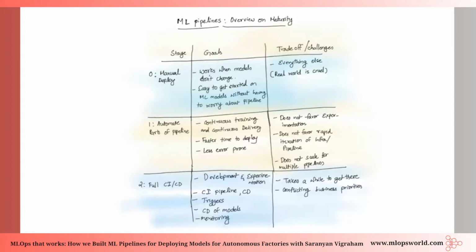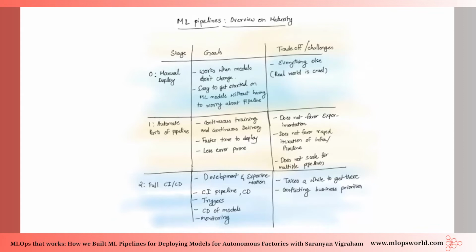Things will work, you know you have the right engineer to do the right thing, and all of this will be okay. The goal there is just a beginning. It's where everybody starts before they figure out what pieces need to be automated, and it is easy to get started. You can just come up with your model in a Jupyter notebook, then have a bunch of scripts, and just deploy it,